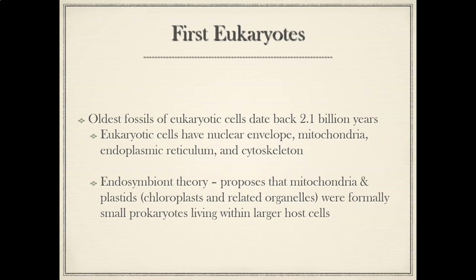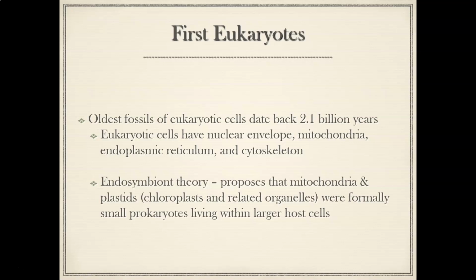So, last time we were talking about how we believe the first prokaryotes came about and really how they ended up shaping the Earth as a whole. So, the next logical progression in life on Earth makes sense to start talking about eukaryotic cells. So, remember the big difference here. Prokaryotic cells are your cells that don't have any internal organization. They don't have a nucleus, they don't have organelles. Your eukaryotes, on the other hand, do have those structures. Our oldest known fossils of eukaryotic cells date back to about 2.1 billion years.